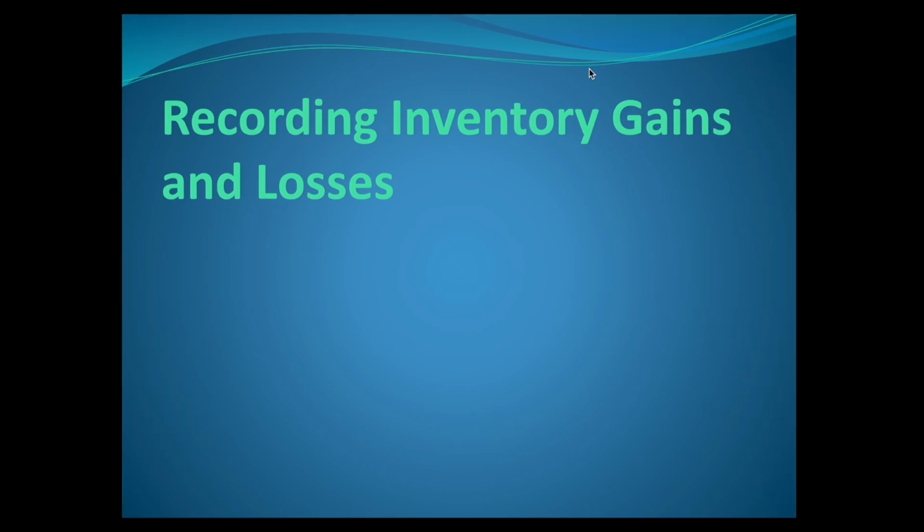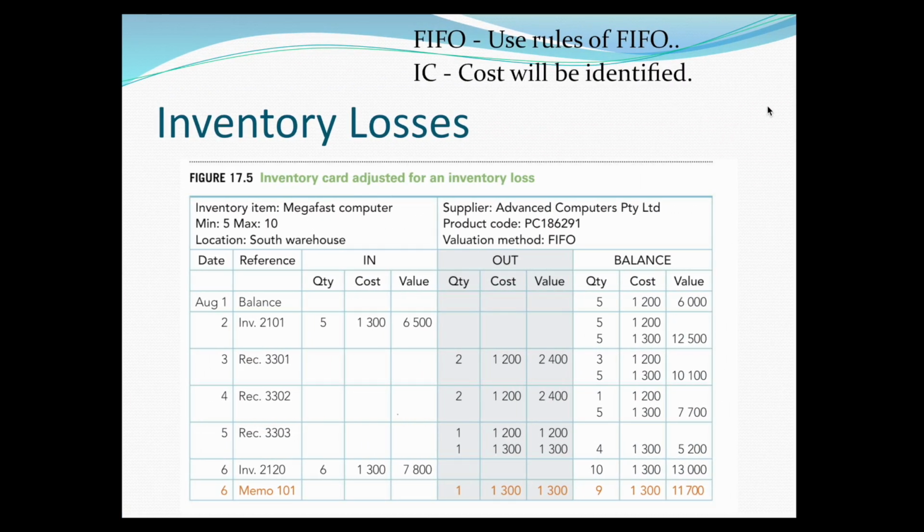So now we're recording inventory gains and losses on an inventory card. When we look at an inventory card, well, this is an example. Now, we have all the transactions, all the effects that happened between August 1st to August 6th. However, there's something new that hasn't been recorded, and basically it's an inventory loss. So let's say this company, Megafast Computer, sold computers. What happened on the 6th is that let's say one computer got damaged, or there was theft in this company. A few burglars came and